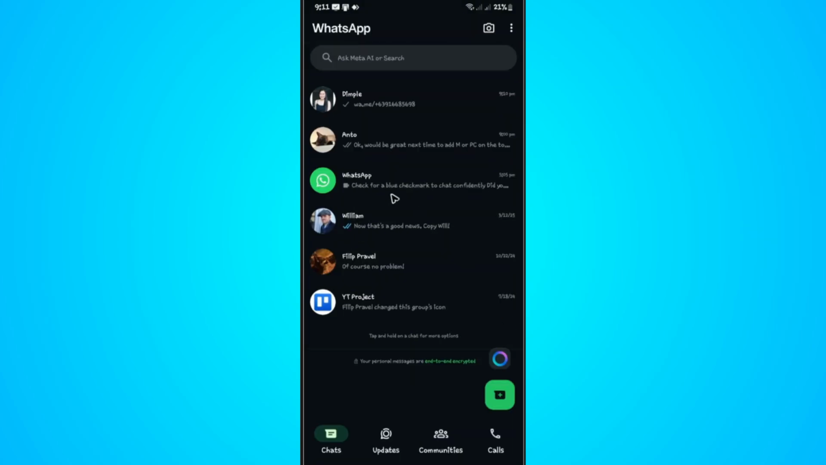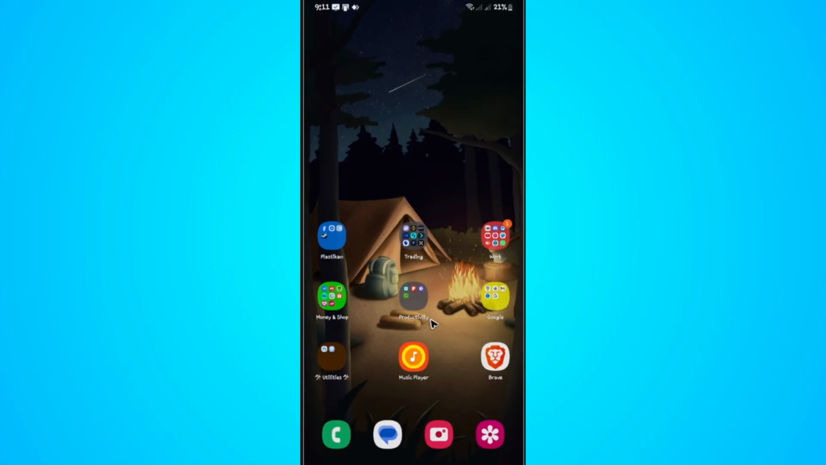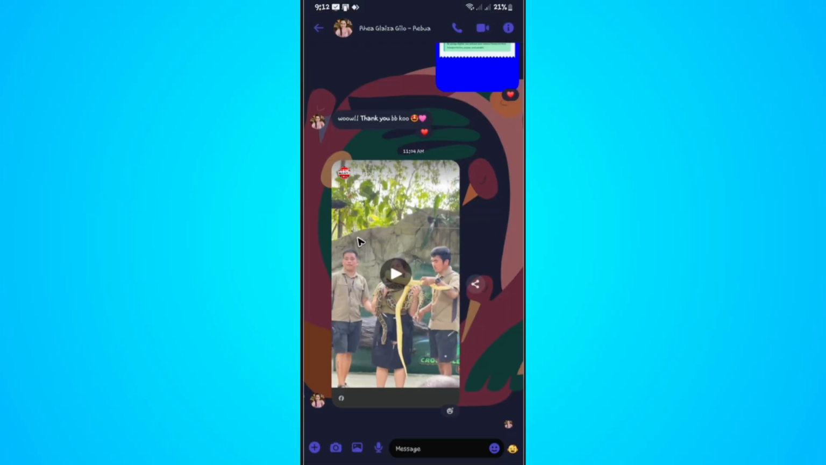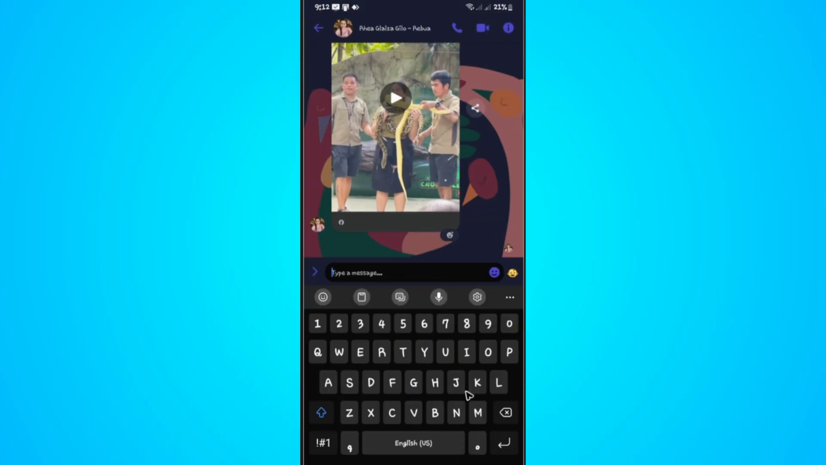Another option to create your link is by opening up a messaging app, for example, Messenger right here. Just going to open it up, and then I'm going to open up a chat, for example, my wife again, right here. I'm going to tap on message with the same set of link